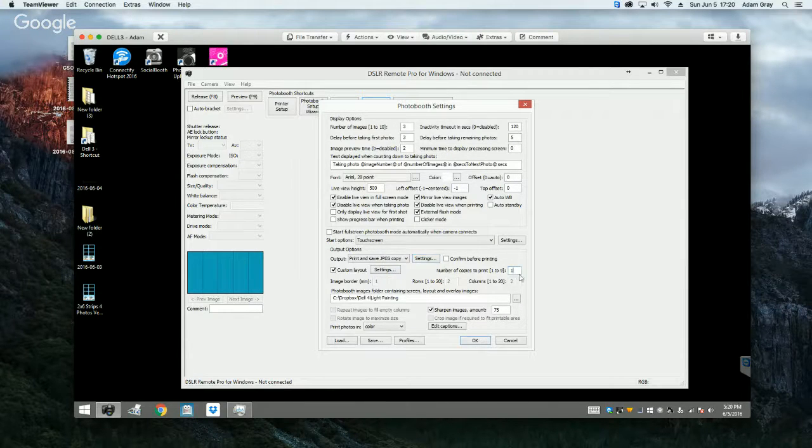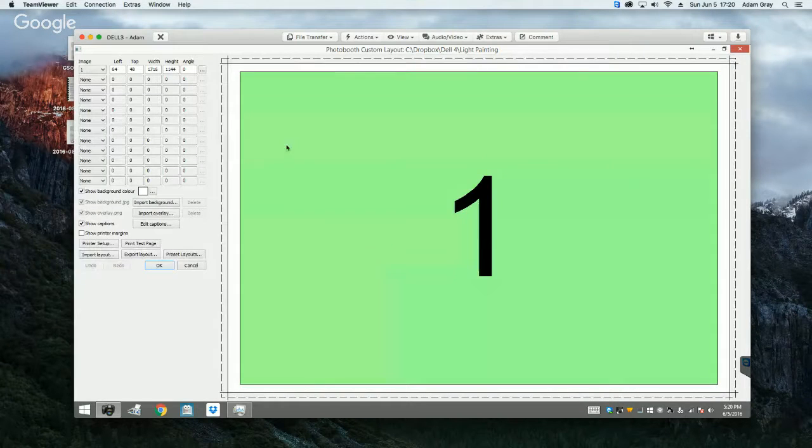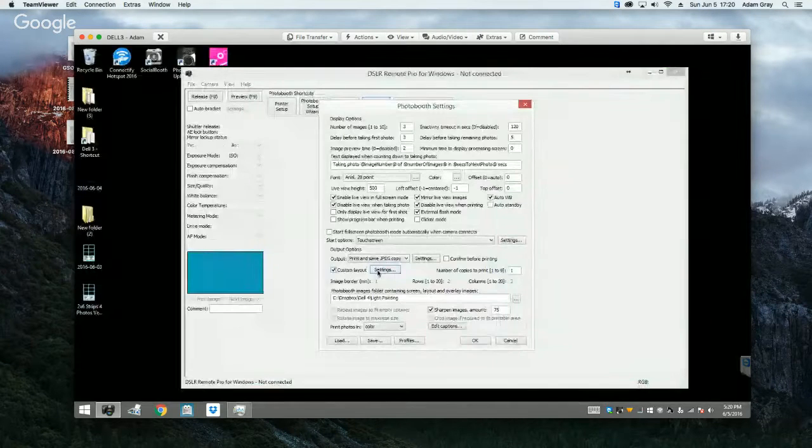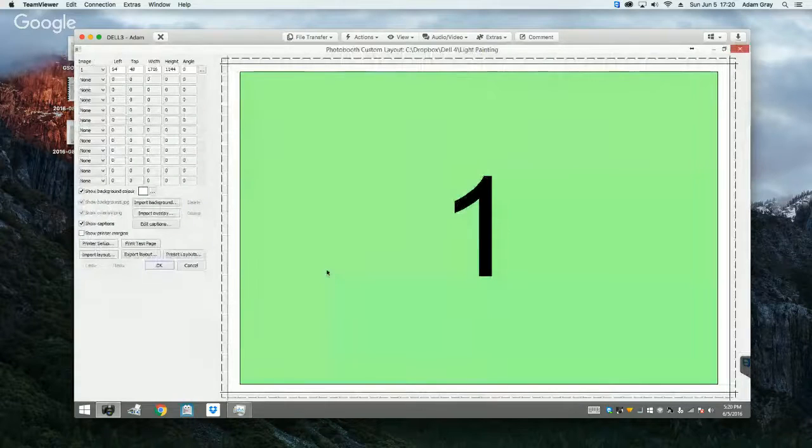And number of copies to print. This is a default. So how many copies do you want to print by default? I typically leave it at 1. And settings. So under custom layout and settings, this is where you're going to choose what kind of layout you're